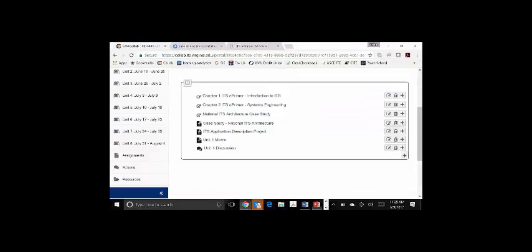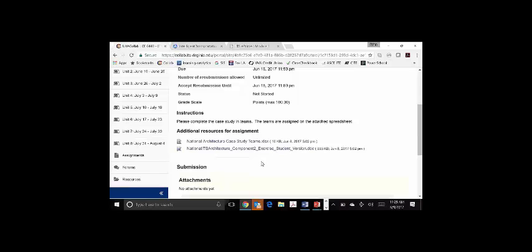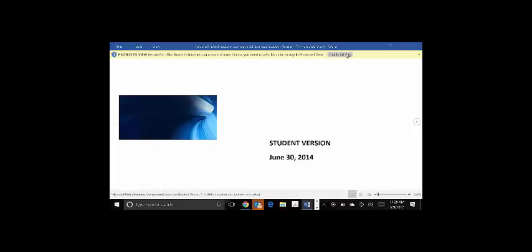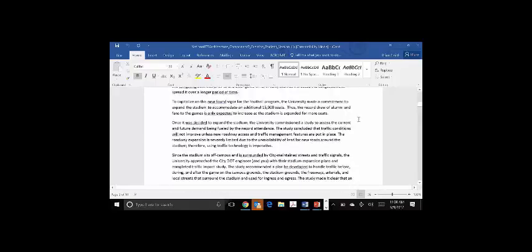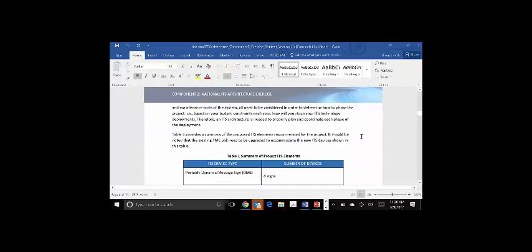Now let's go back to the unit, and you'll see here I gave you a link to the architecture case study website. Here's the actual assignment you're going to be working on. I'll click on this here, and it will take me to that assignment. And you'll see there are two documents. First is the actual exercise. And this exercise will walk you through this particular use of the architecture to support the traffic management center for the particular